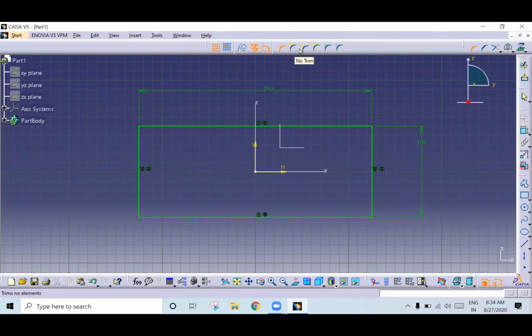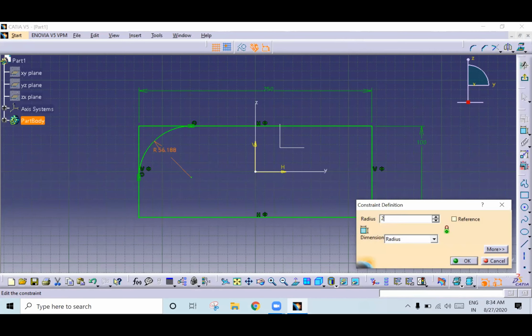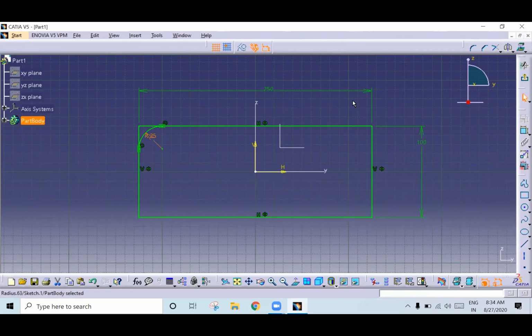Here you need to select no trim. Always remember this, it should be no trim. Select this line and this line. See here, it will create a fillet. Say like this. Okay. Got it.